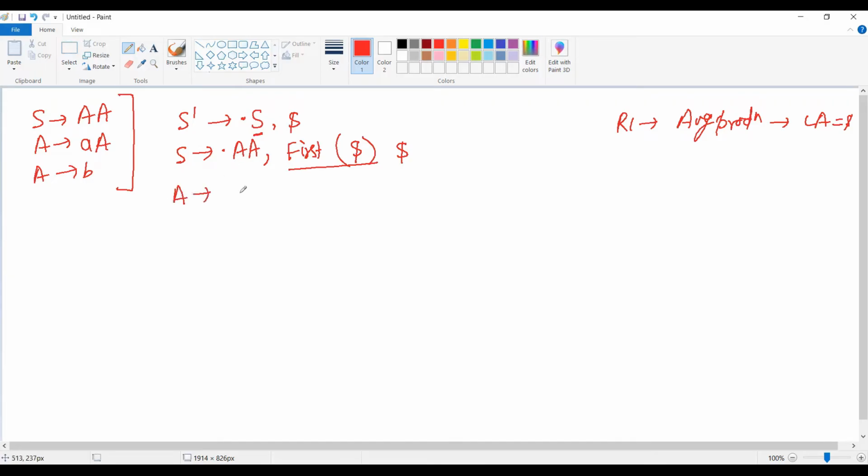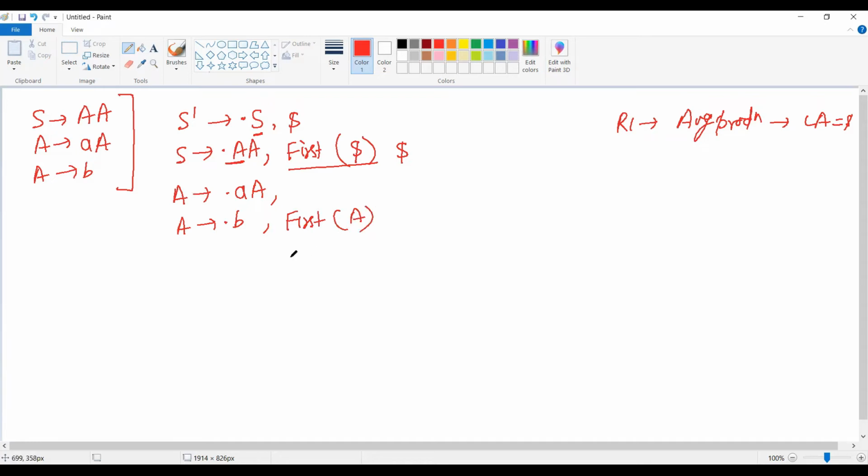So I'll add the productions of capital A. I have added the LR0 items of A. Now I have to add the look ahead also. After this capital A, what comes after it? Capital A and $, right? So I'll add first of A after this.